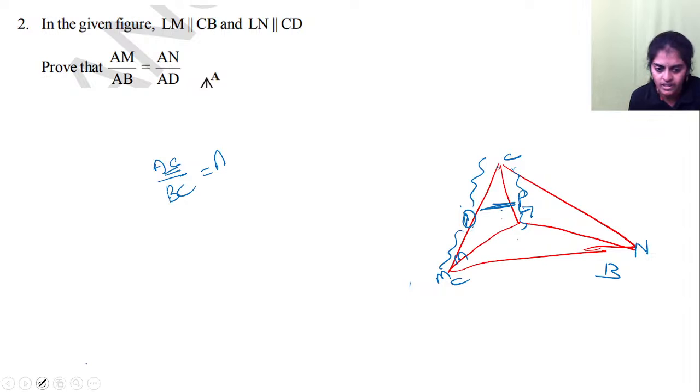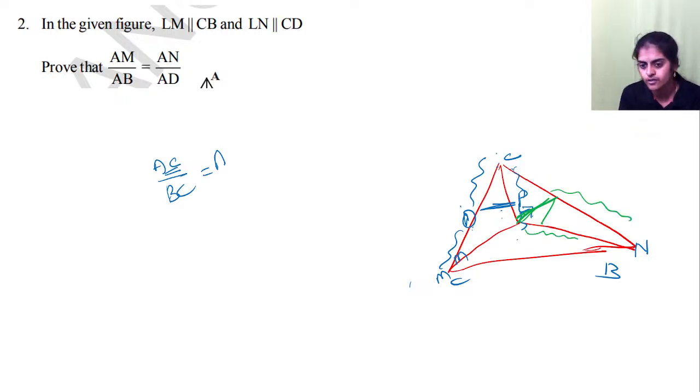Similarly, using BPT again, say this is the next parallel line. So I got AD by BD, AB by BC is equal to, let me write here, AC